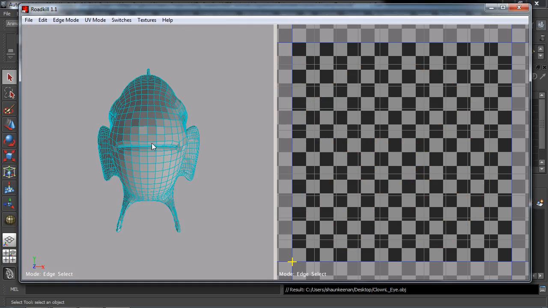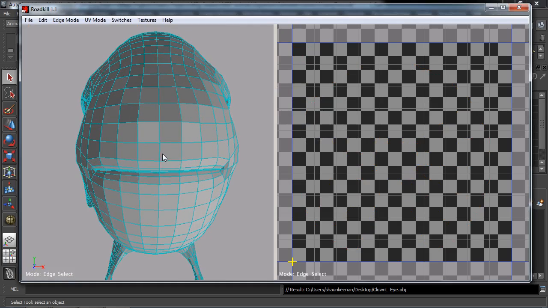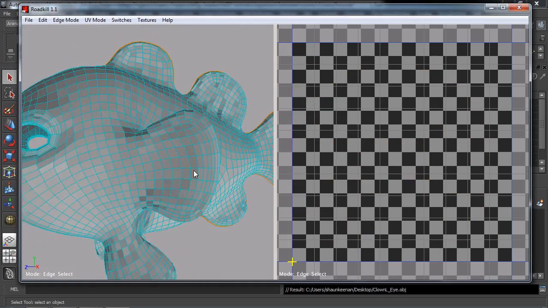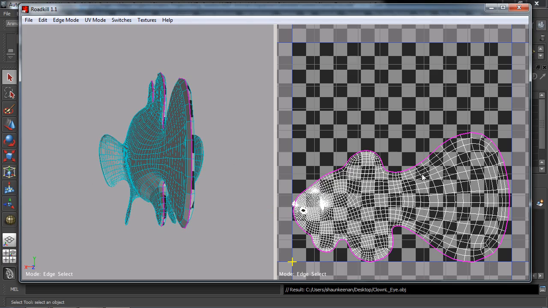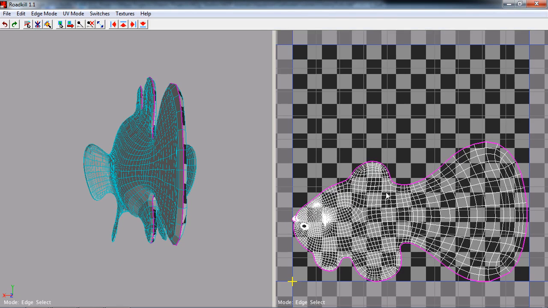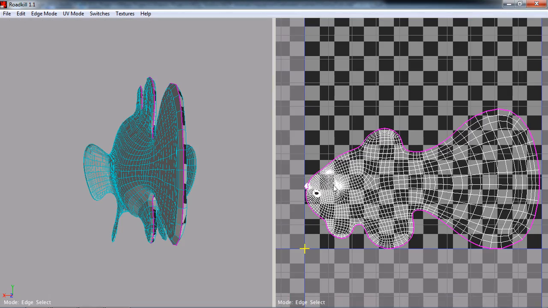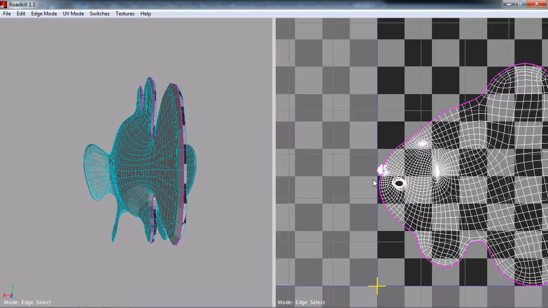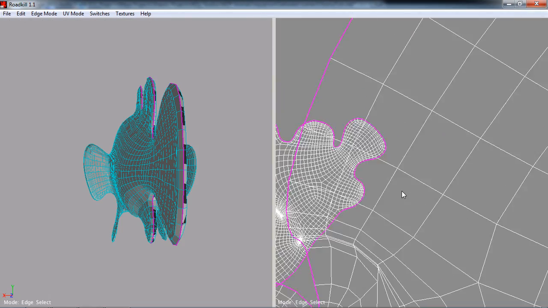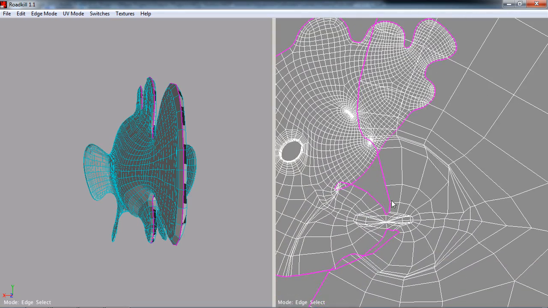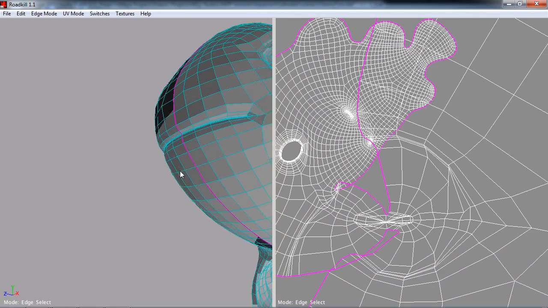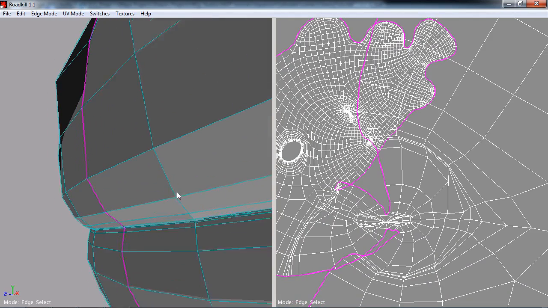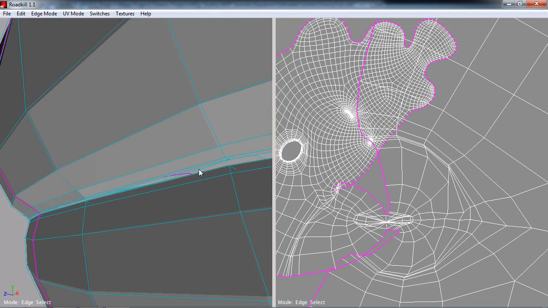And we'll just do this fairly simply. We'll go ahead here and select the middle edge loop all the way down the fish body. I'm going to hit C to make sure that I make that cut. And if you watch here on the left side, you can see that we get a decent cut. But the reason why this is still connected is because we're not actually cutting the mouth sac yet. So we're going to have to go ahead and do that. And I want to make sure that I get the cut here right at the edge of the lip,